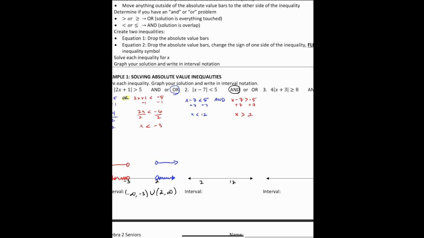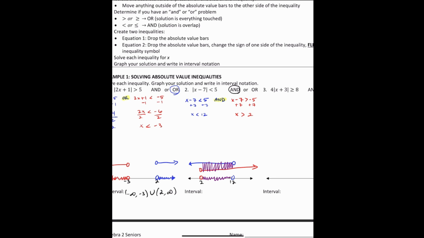Looking at x is less than 12, that's an open dot, and we're shading to the left. Whereas x is greater than 2, that's an open dot, and we're shading to the right. And don't forget, we have an AND situation, so we're looking at where these two inequalities overlap, or where they intersect. Looking at these two inequalities, they intersect right here. So let's go ahead and graph our solution. We have an open dot at 2, and we have an open dot at 12, and we're going to shade between